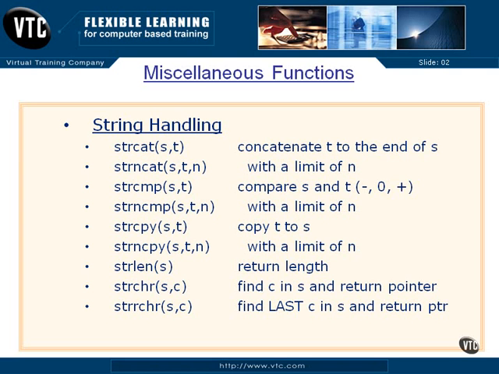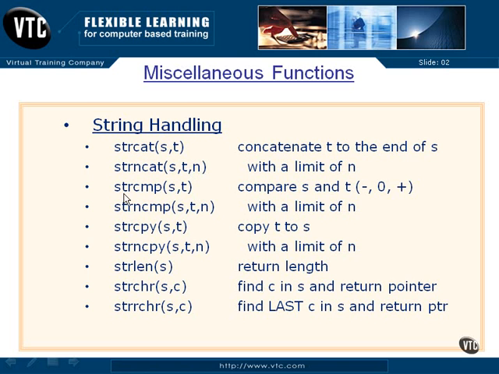Here are some string handling functions. strcat will concatenate the second string to the end of the first string. All of these S and T are string pointers through these samples, and N is an integer. These are all strings. These are single characters down here, the C's. Okay, just so you know. strncat does a concatenation. Again, it concatenates T to the end of S, but only for N characters. So you have 3 parameters to strncat. That way you won't add any more characters than you want to, so that you don't overrun the end of